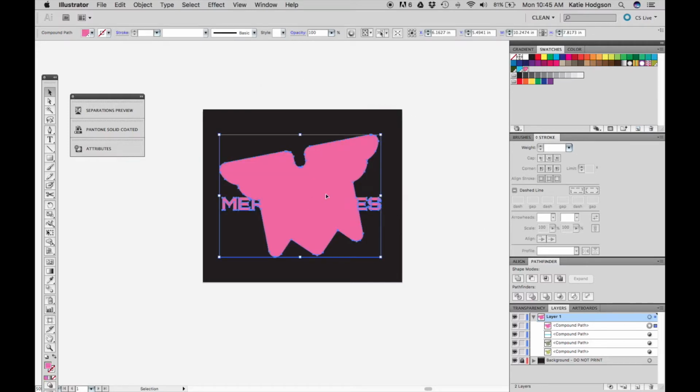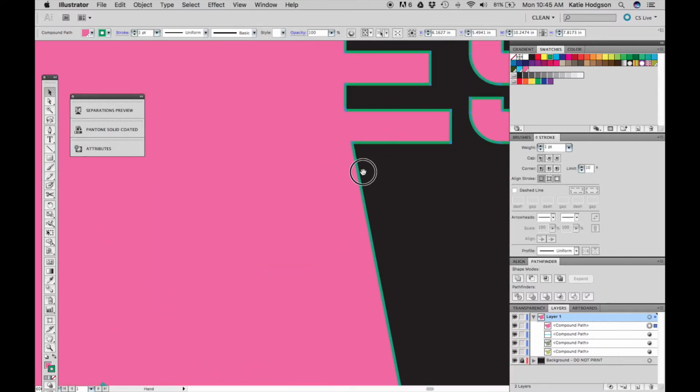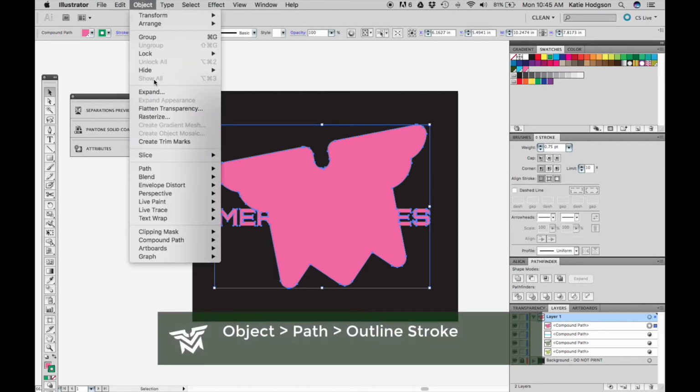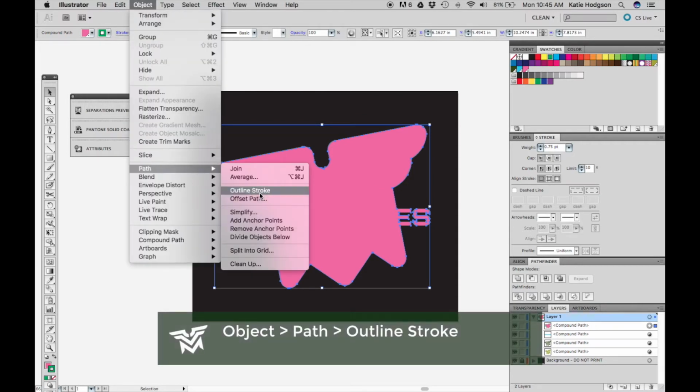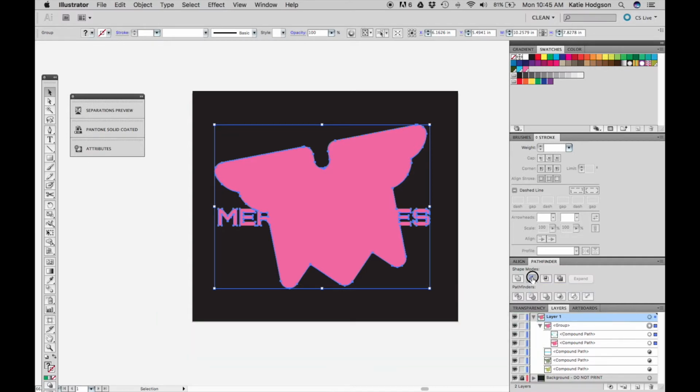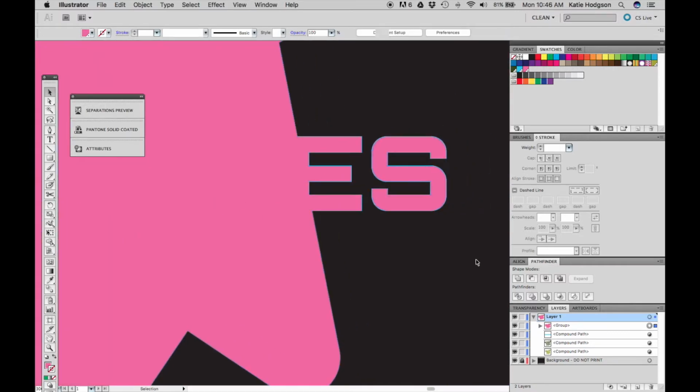As I explained in the previous video, we need to choke our base. Add a stroke to your base and make sure it's set to the center line. Set the stroke to 0.75. Now go to Object, Path, Outline Stroke, then with everything still selected, use the minus front tool in the Pathfinder panel. Now when you zoom in, you can see that your base is choked,